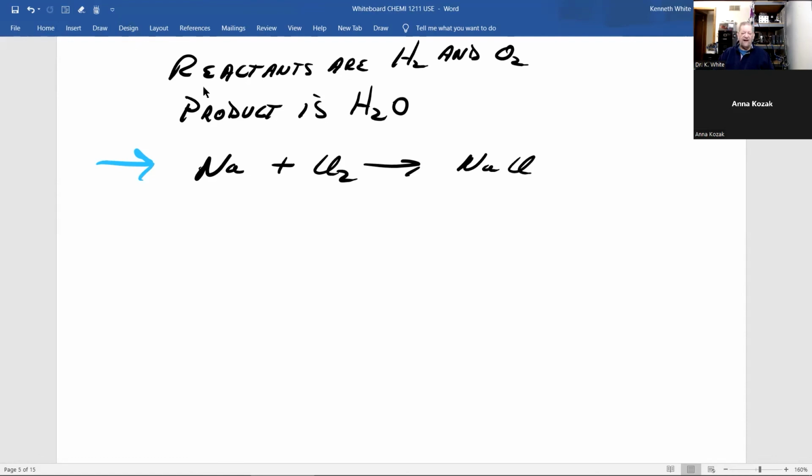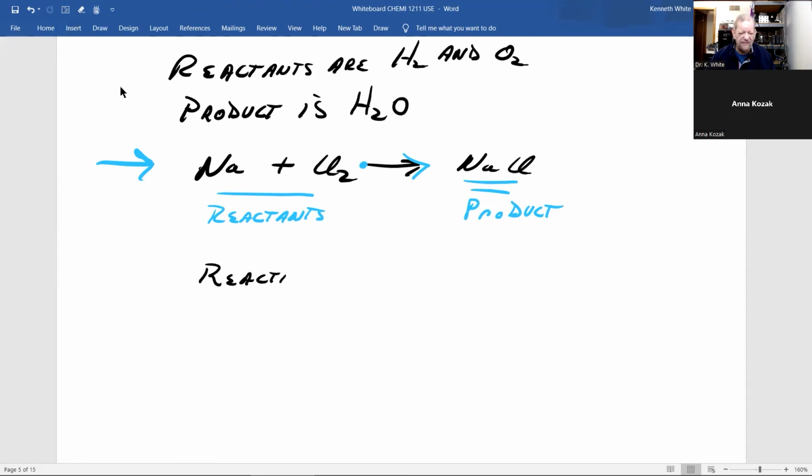Again, what are the products, and what are the reactants? Remember, at the base of the arrow are the reactants, or starting materials. At the head of the arrow is the product. And therefore, to answer my question, the reactants are